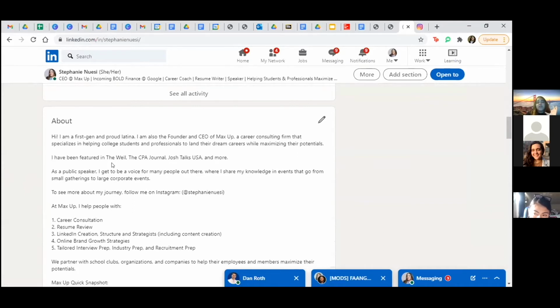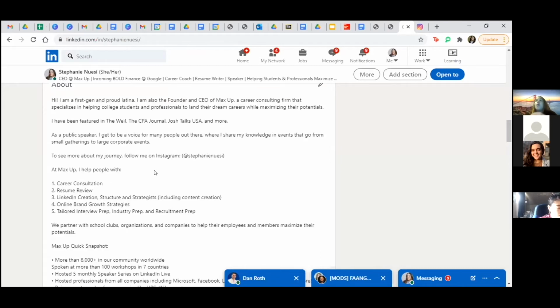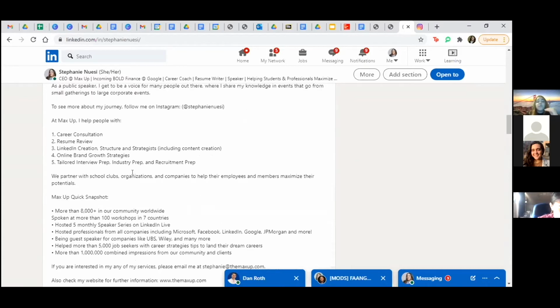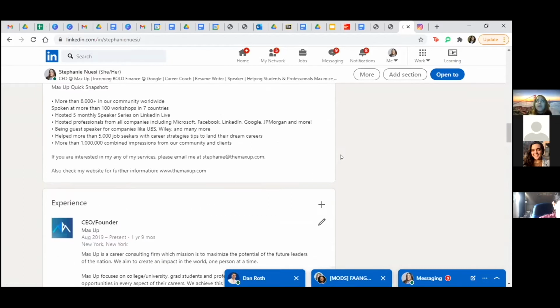The first part should be your mission. After your mission, you can go more in depth into who you are. You can have a whole paragraph talking about your passion for that one role. You also want to include the skills that you have here in your about section. Right after you mention the skills, you should have a call to action. For a student, I would have something like, "If you're interested in discussing any potential opportunities, please email me at,"